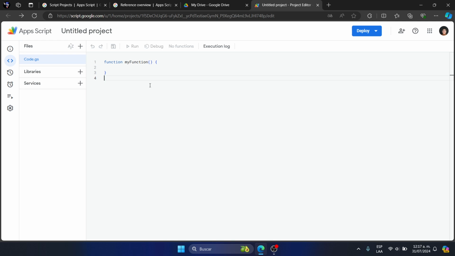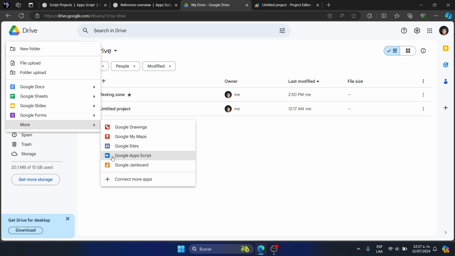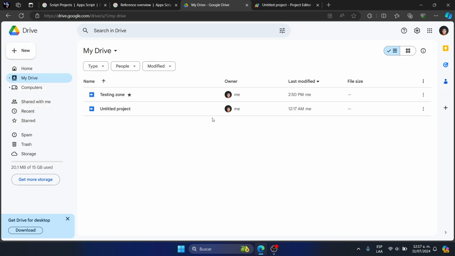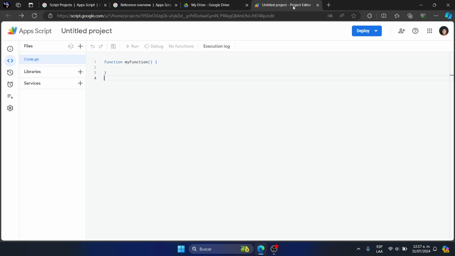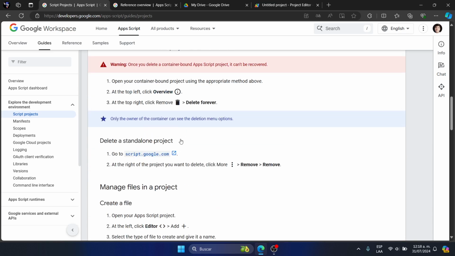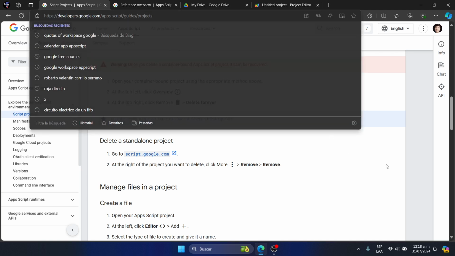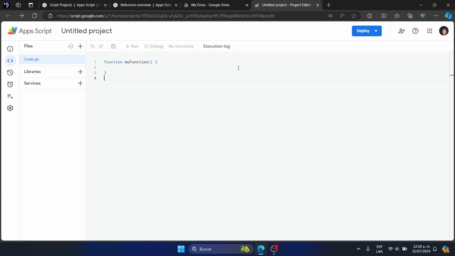If you click on this feature on New, More, and AppScript, it is going to create a project. I'm going to delete this just to let you know how the edition is going to be, like the documentation tells us to edit a project. If you want to read it, you can go to developers.google.com AppScript guides and projects. But I'm going to explain on video how to check out the main console of edition